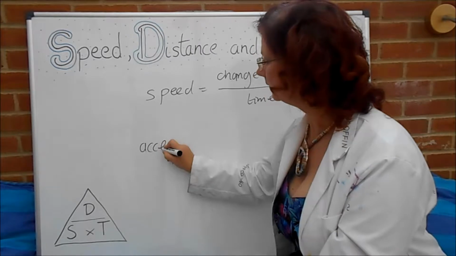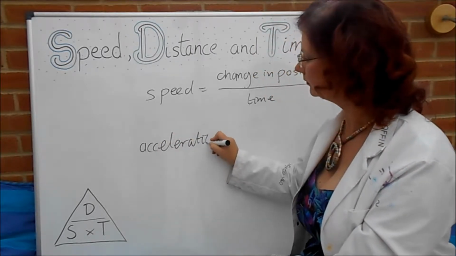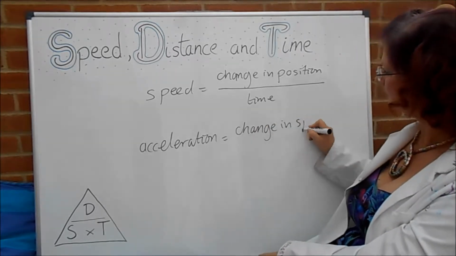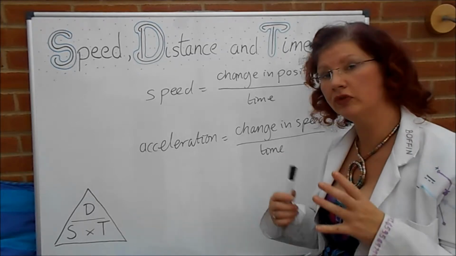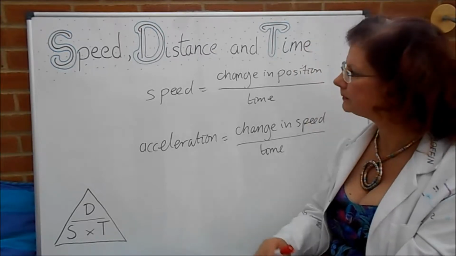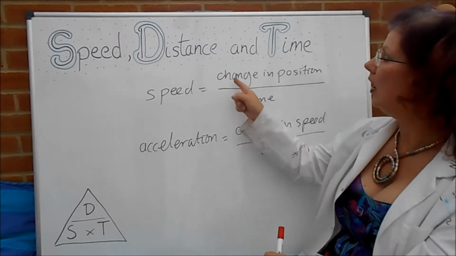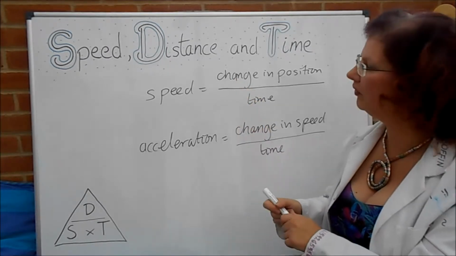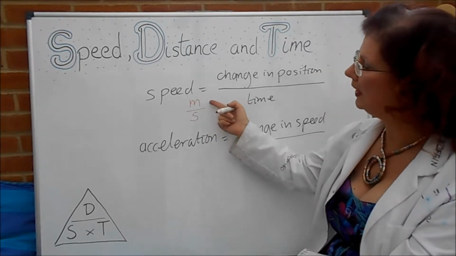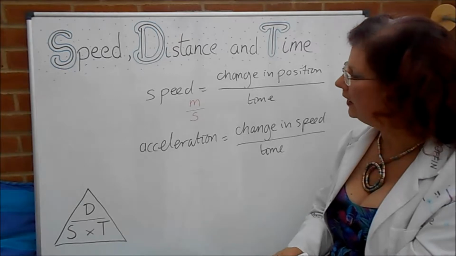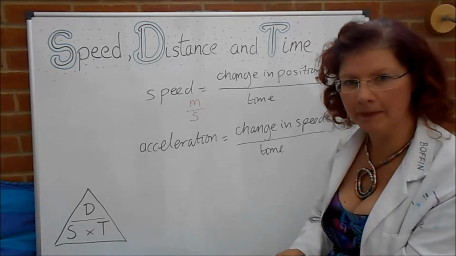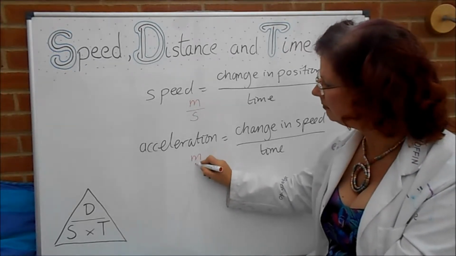Acceleration is equal to the change in your speed or velocity. So it's the change in your speed or the change in your velocity over time. This tells us a little about the units that we use. The units of speed we know are a distance over time type of thing. For example, meters over seconds, meters per second, or miles over hours, miles per hour. Acceleration, on the other hand, has the units of speed divided by time. So that's things like meters per second